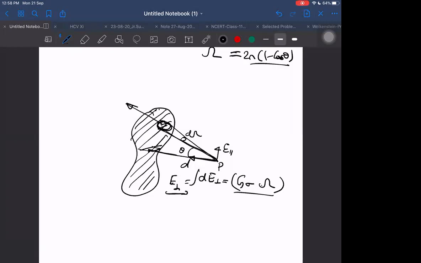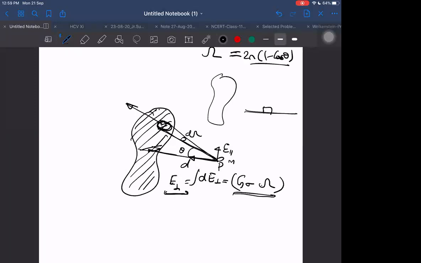So what is the total field? I really don't know, but I know what is the perpendicular component, that I can guarantee. That is also good enough. If I know the perpendicular component, let us say somebody is asking this question, that here where mass is kept, and let us say this mass is kept on a frictionless horizontal surface, and there is a very heavy disk here.